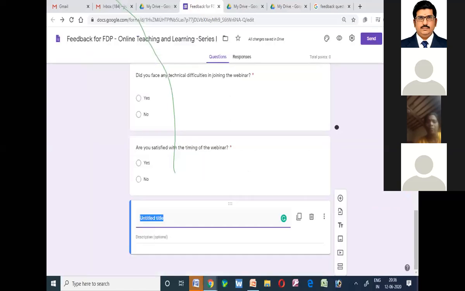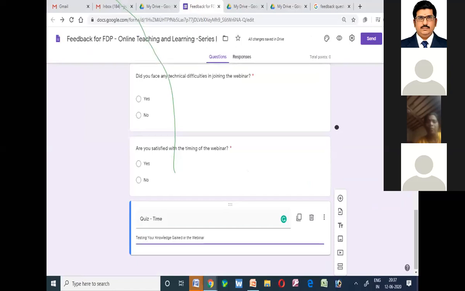So similarly, you can do different sections. So suppose if I am going to give add section, it is going to give you untitled title and description. So you have to give a title and you have to give a description, and after that you can add question. As we have discussed earlier, you can add questions to this particular section. So now I have given quiz time and testing your knowledge gain in the webinar.